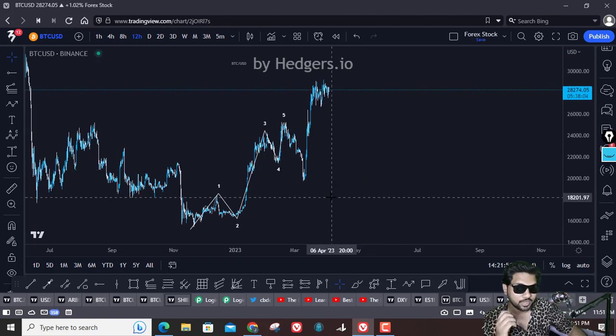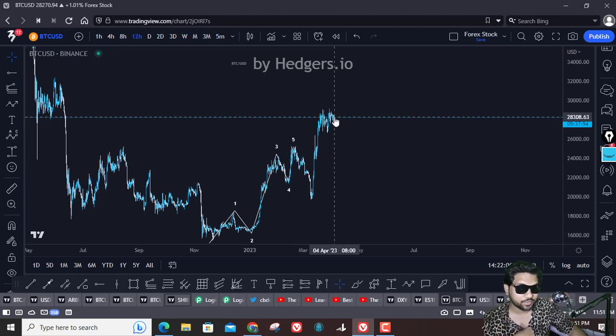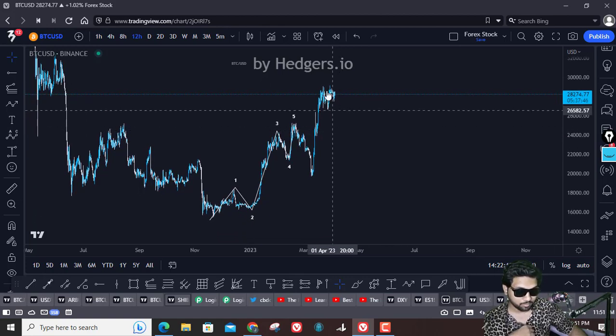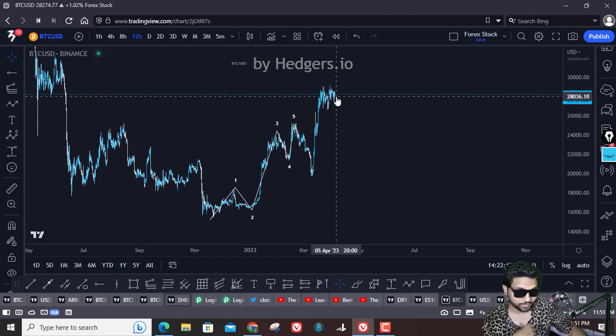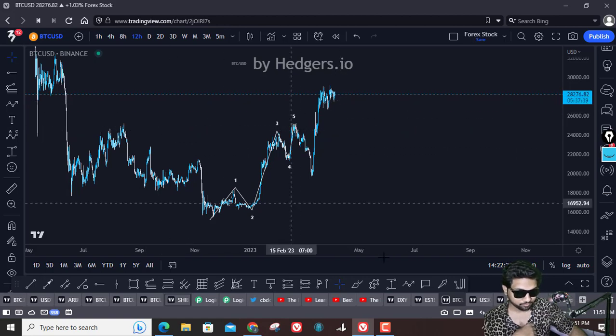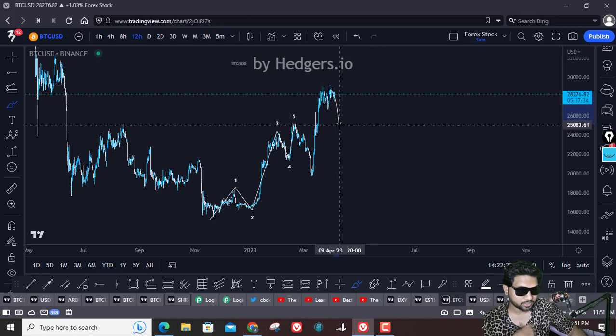So you need to understand the rules and theory of the corrective flats to understand the validation and invalidation. The invalidation is if it goes more to the upside, that is the invalidation of the expanded flat. But it is valid right now. If you see a nice dump to the downside, for example, like this, if it's something like this, then I will be leaning more towards the corrective wave to the downside,